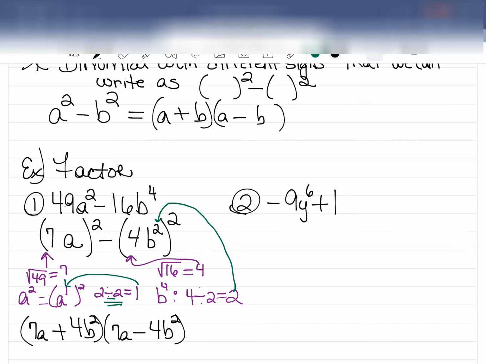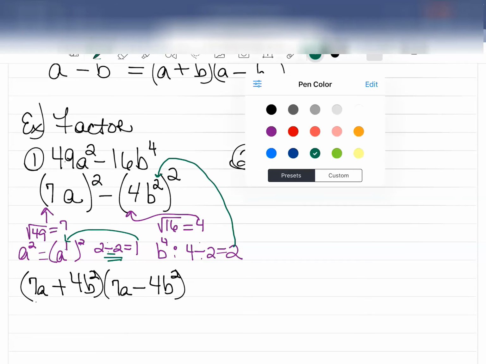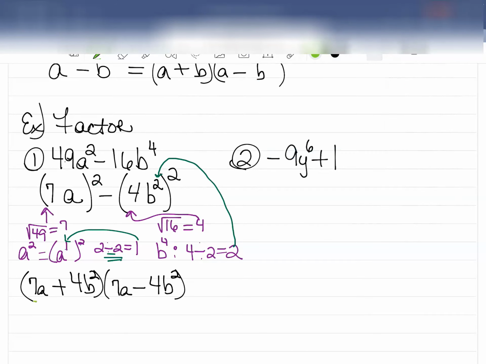What I'm supposed to do from here is to check it and make certain that I don't have something else that I can then do this exact same process on. So if I look at the 7a plus 4b squared, I have a binomial, but I don't have two different signs, so I can't do anything with that. If I then turn around and look at the 7a minus 4b squared, I have a binomial, but I can't